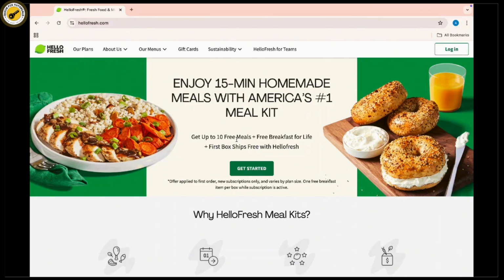Open a web browser, your preferred one, on your computer or mobile device. Then simply type www.hellofresh.com in the browser's address bar and press enter to visit their website. Now, once you're inside their website, on the top right corner of the home page, you will see a login